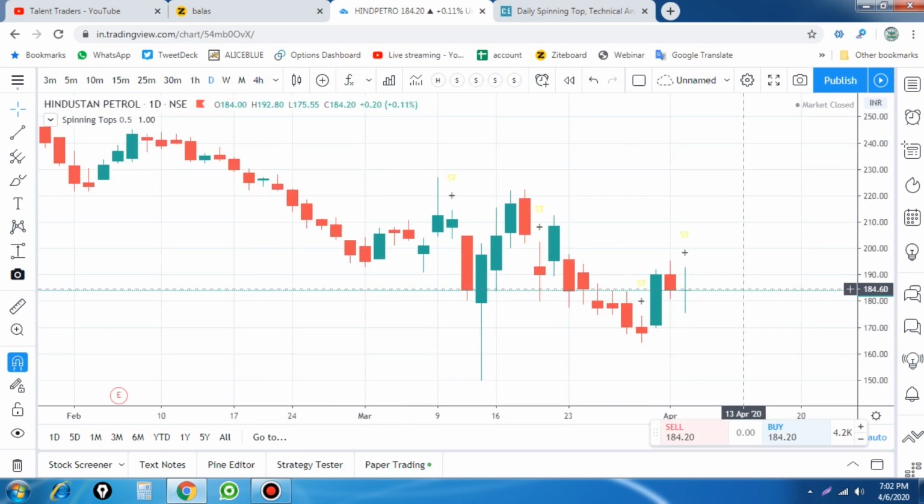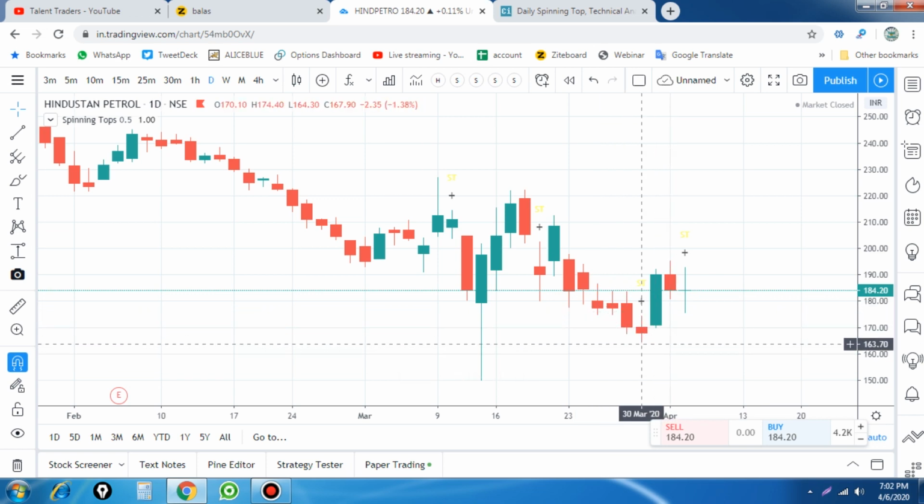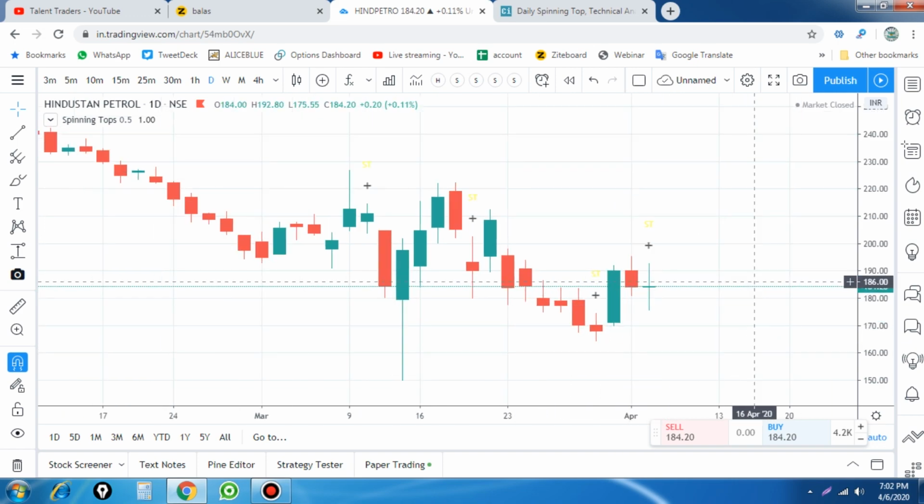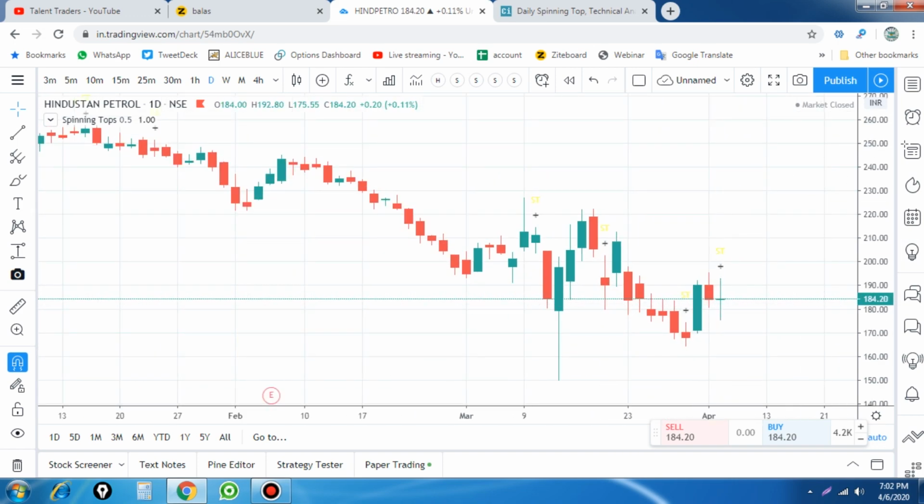So this is not valid, and you see that previously at the bottom level there was a morning star candle like that. So we know that the previous trend is down. If you are following this kind of candlestick pattern, we follow that the previous trend is clearly down, and we find a candlestick pattern which forms a spinning top with a stop loss, and this is an entry. Now it is trading at our entry point of 184 with a risk level of 160.